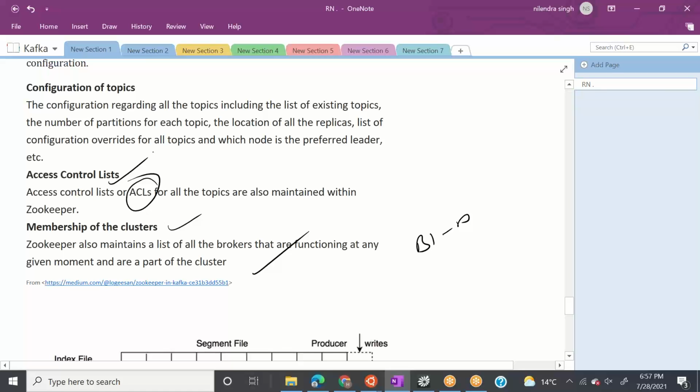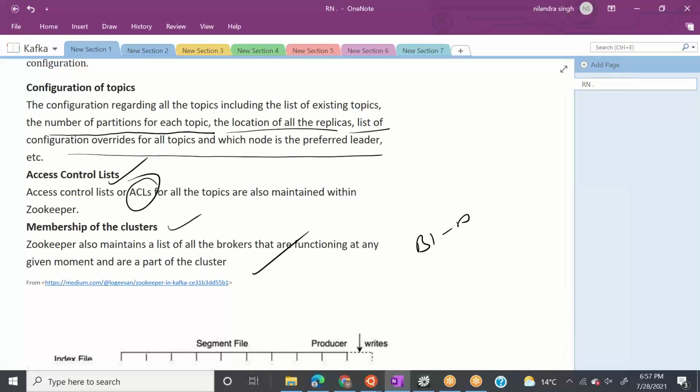The configuration of topics means number of partitions for each topic, the location of the replicas, the list of configuration overrides. So it means all this metadata, like how many partitions each topic has, how many replicas each partition has, where these replicas are stored. All this information is stored in Zookeeper's memory.